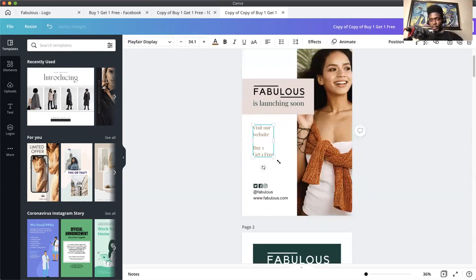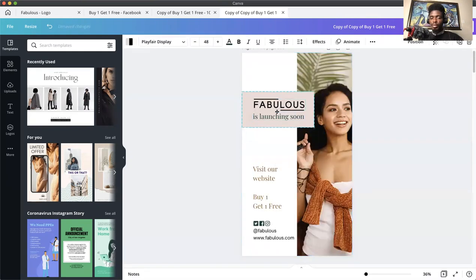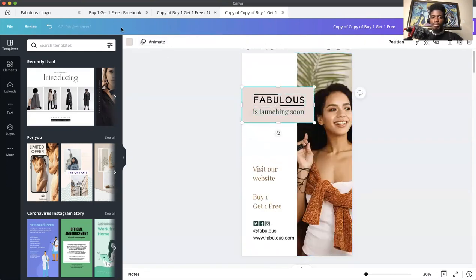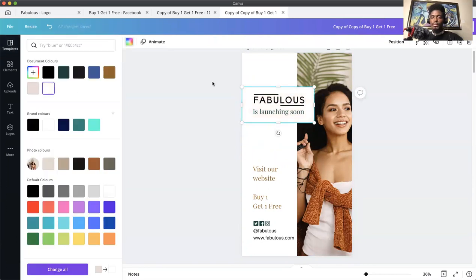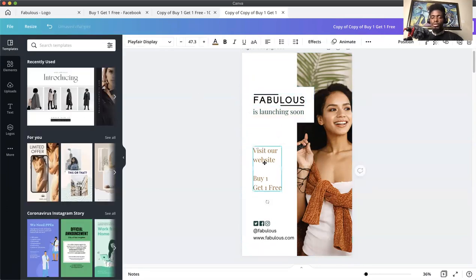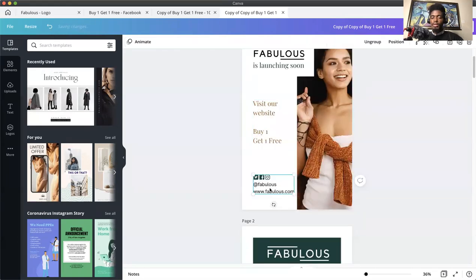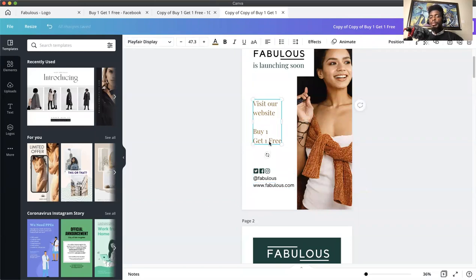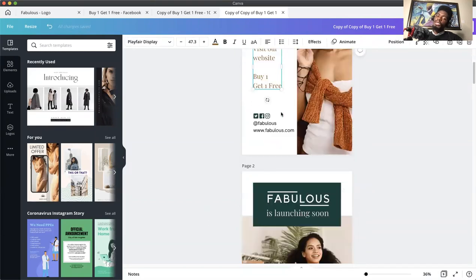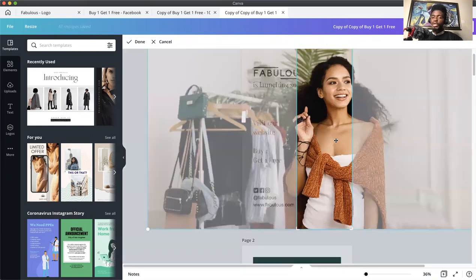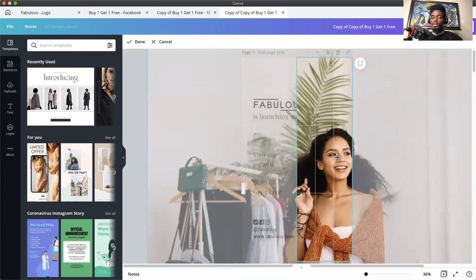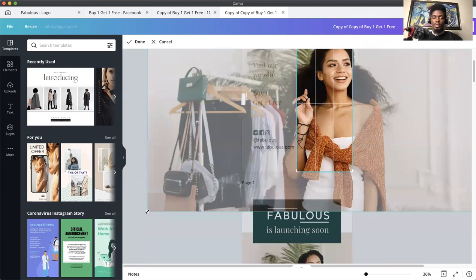Okay, now this is going to make more sense because we are elongating the design. So increase the size of this, right? And then move this up. Fabulous is launching soon. Maybe make this white. Okay, so Fabulous is launching soon. Visit our website. All right, and then do this. Okay, so maybe this is something that can work. I mean, but it still won't be as good as doing this, except of course you then want to drag this down so that we can stretch out